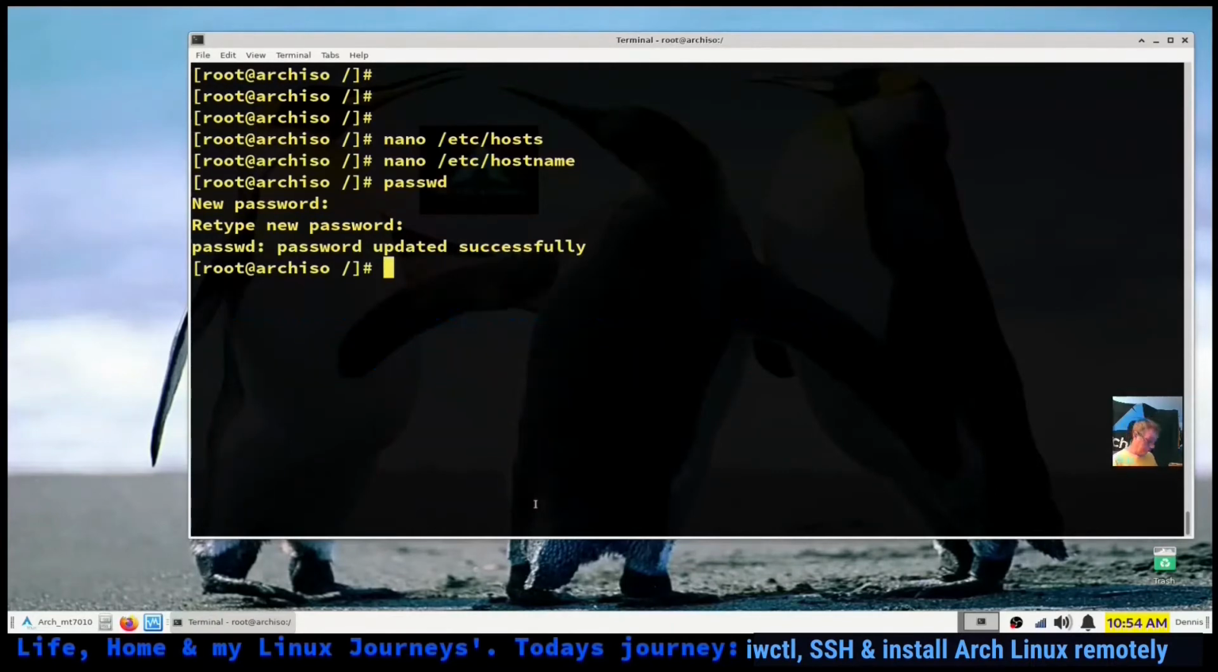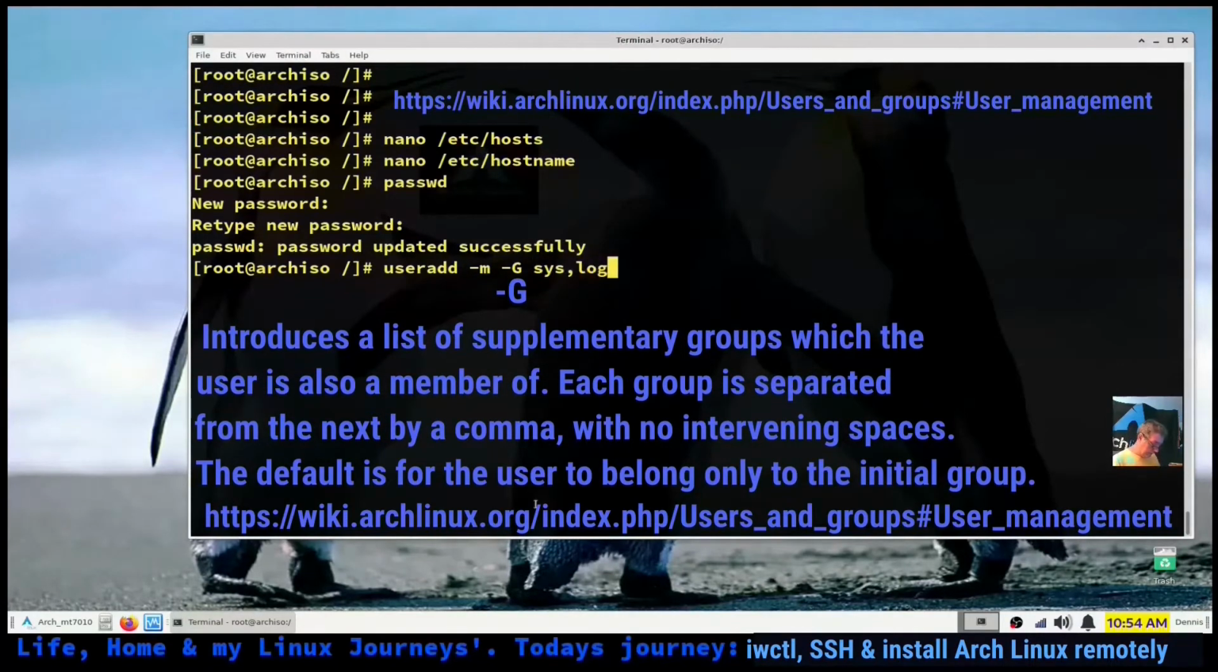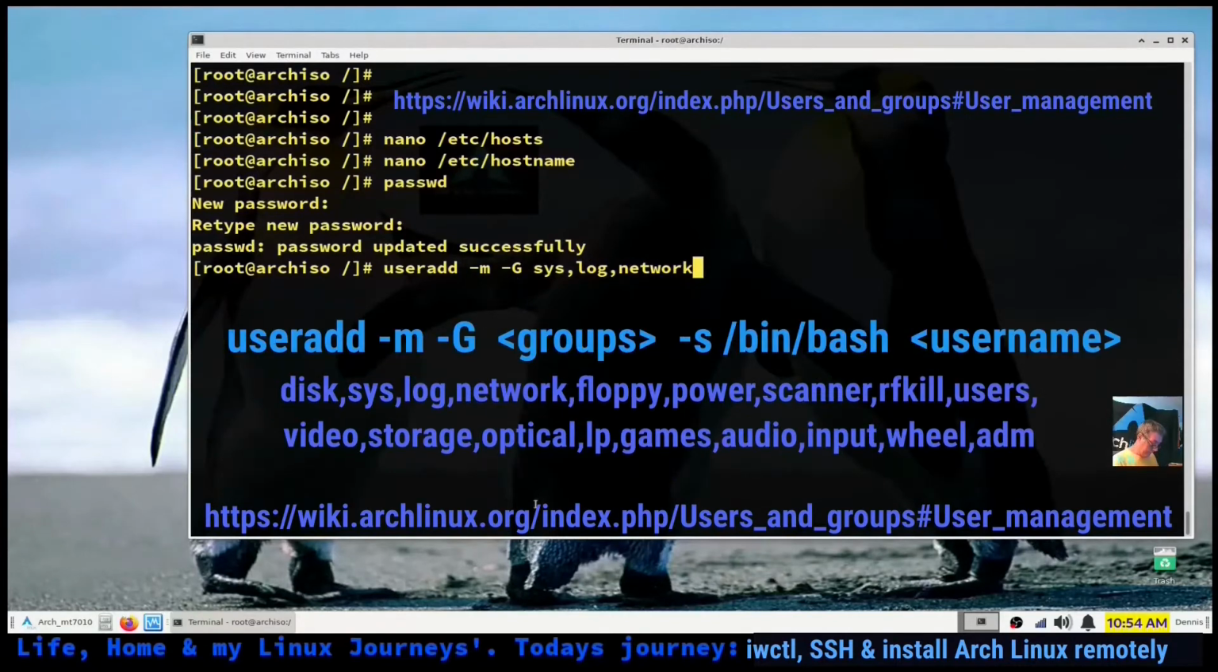Password has been set. Now useradd -m -G and a whole list of groups: sys, log, network, games, floppy, power, scanner, admin, adm, wheel, audio,